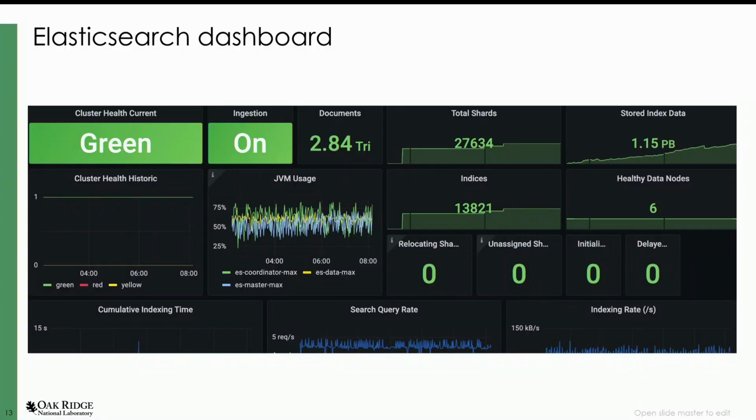We currently have 1.15 petabytes of data in Elasticsearch, and that's full. That's actually one of the things I really don't like about Elasticsearch, right? It's not going to reduce the frequency of your data. I'll talk about this in a bit, but therefore, whenever we get full, we have to talk to the users